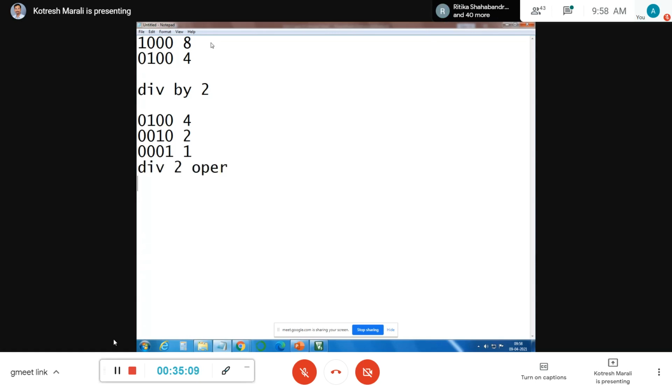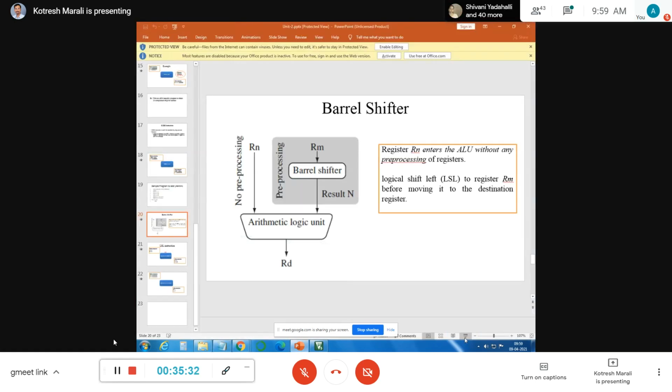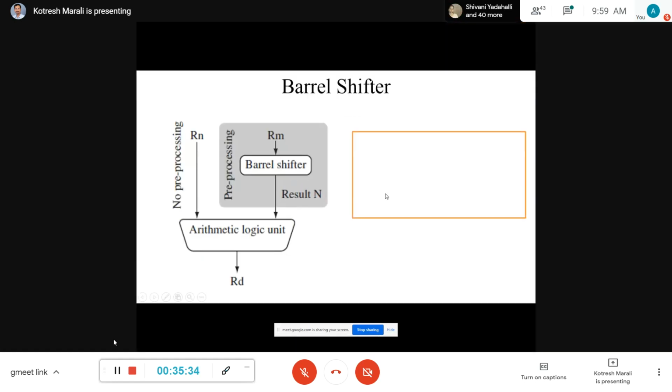If I shift left, the operation performed is multiplication by 2. This is the operation performed when you shift left or shift right. These points you are supposed to understand.